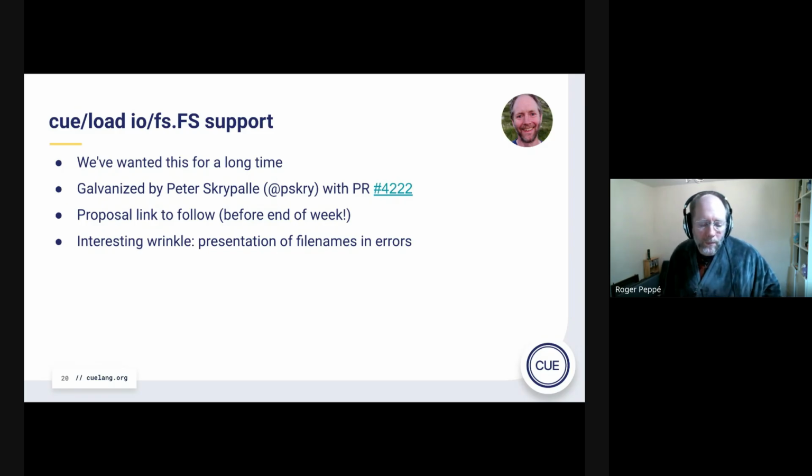There's no right answer to that, but in this case, I think the right answer is just let the user configure how to map from that file system path to what's going to be presented to the user in the error. So for example, if you know that your files are accessible at some HTTP address, your errors can reflect that.